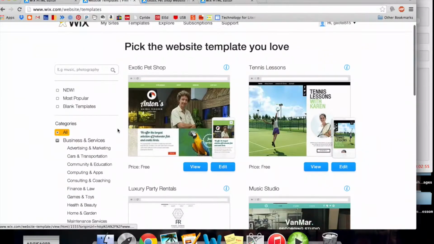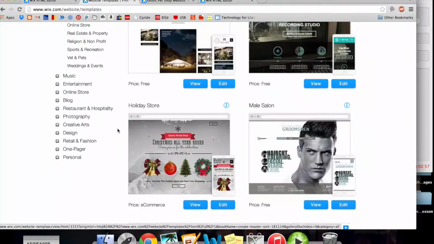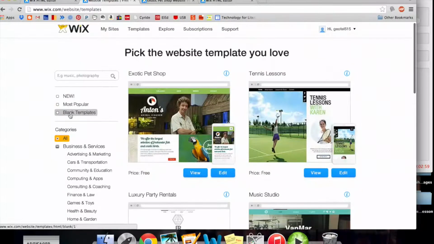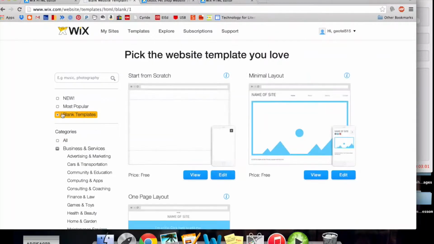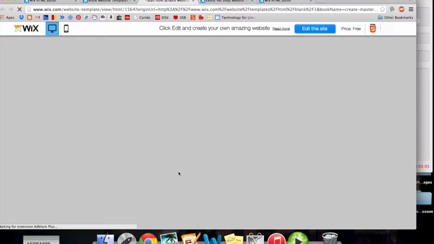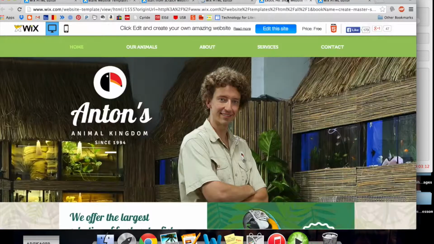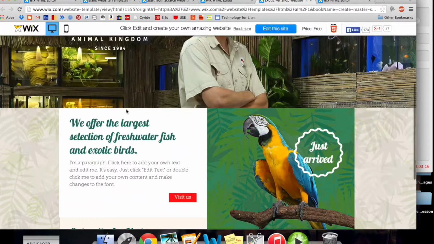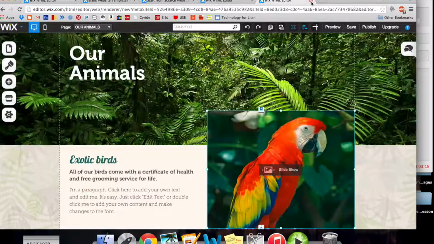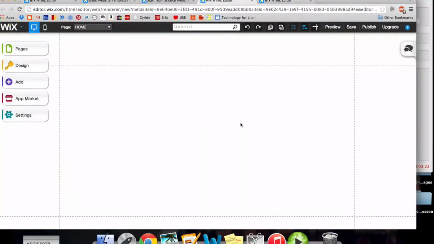So if I come back to the templates page here, we can do one where it's not going to have all that stuff built in already. So here you can start completely from scratch, and it's just going to give you a big white page, which is kind of a fun place to start. I do like the little templates like this, especially if you're not super creative. I know that I struggle with where do I put the buttons and that kind of thing. So for me, starting with something like this might be a little bit intimidating,